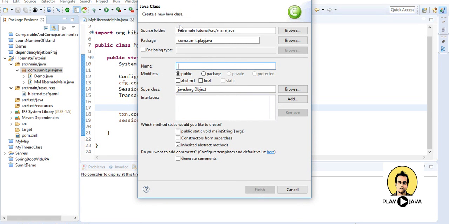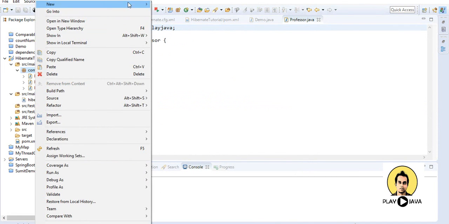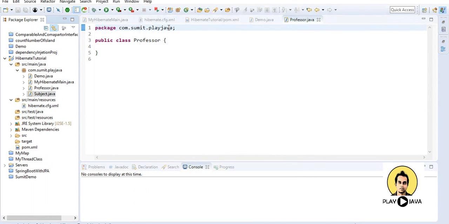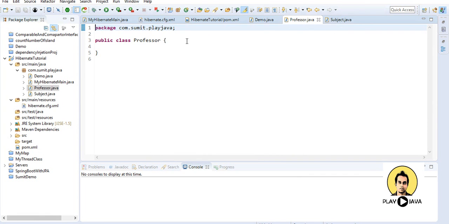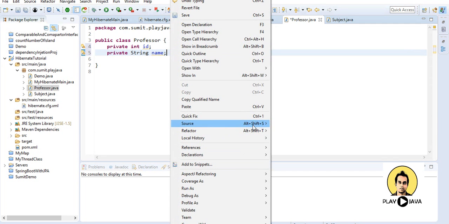So let me create the class for professor. So this is a class for professor, and another class which we require to make is subject. And what I will do here, in the professor class I will provide ID and name of the professor, and I will provide the getters and setters.